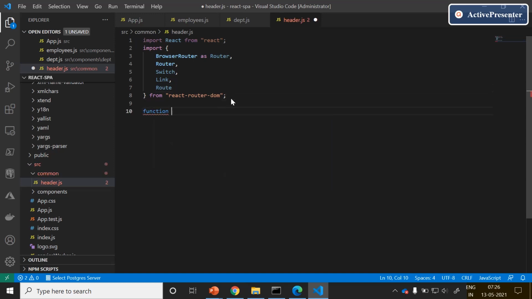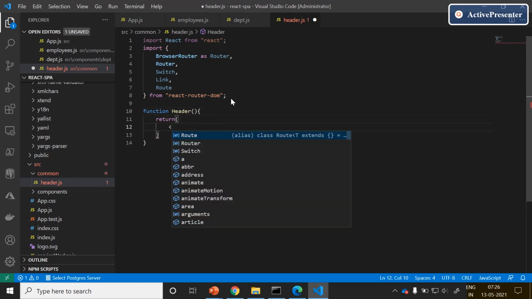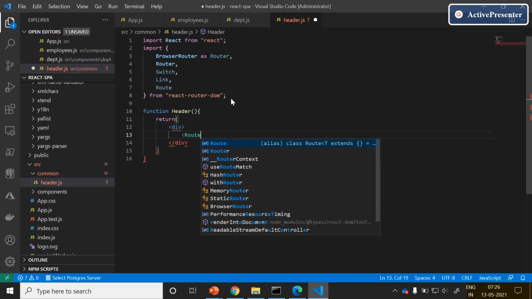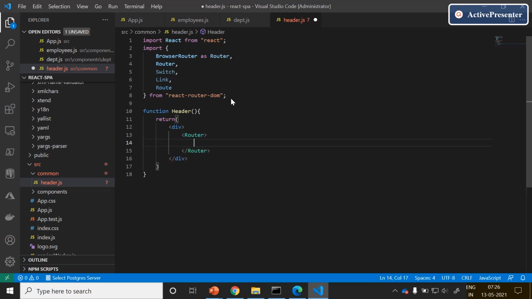Just create one functional component, header, which returns the routing information. Have a div which contains the router. It contains the navigation information in the form of ul and li. The one link points to the home component, that is nothing but our app.js.